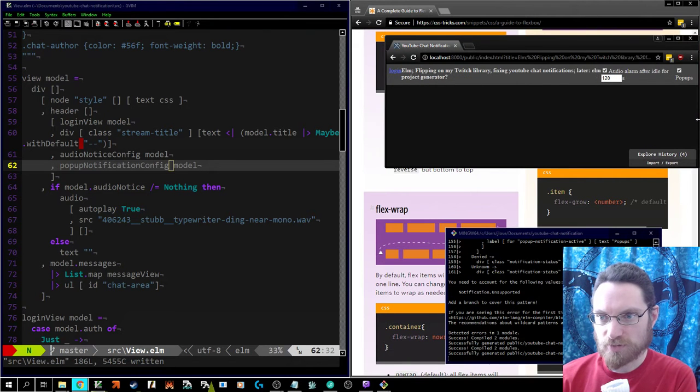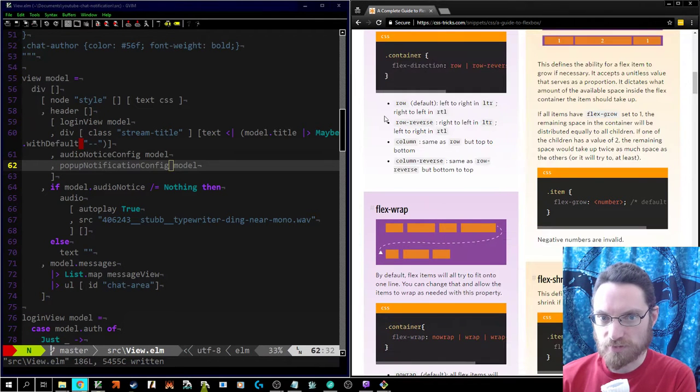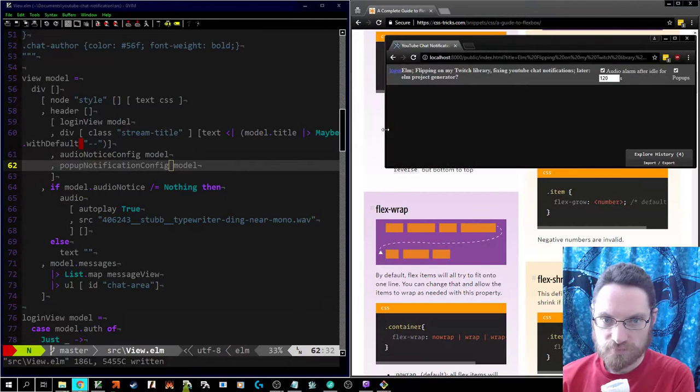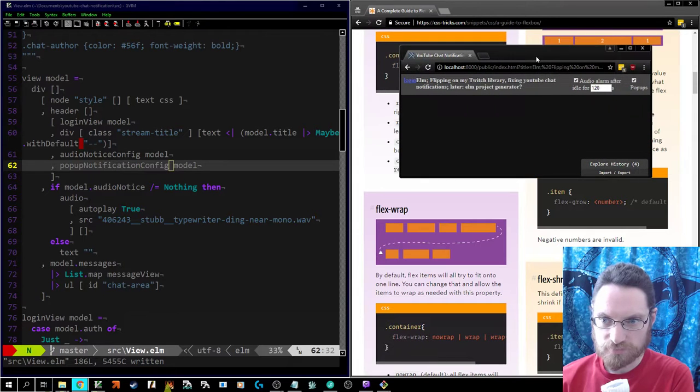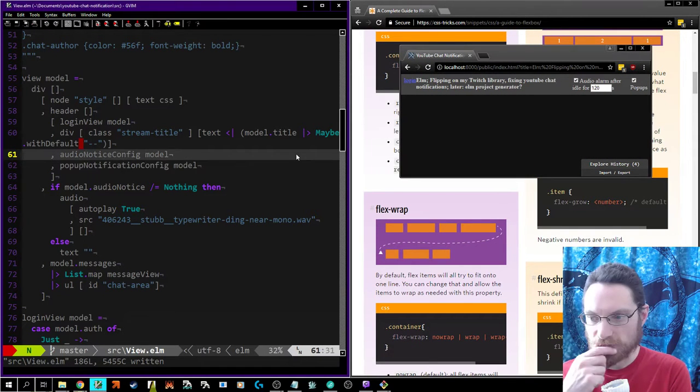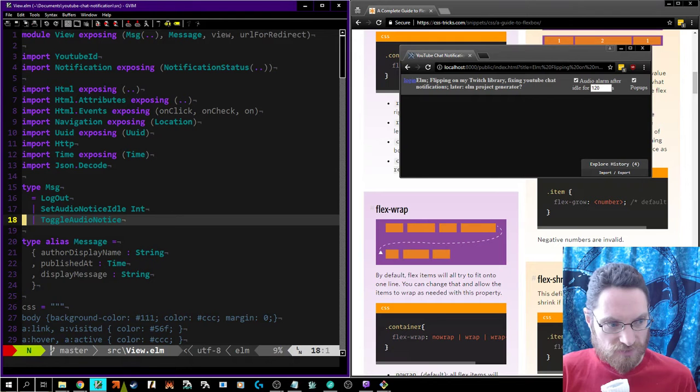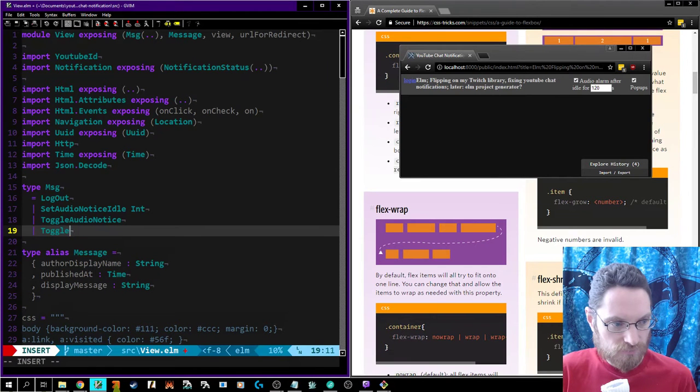Okay, and I've got this small enough that it's wrapping a lot. Well, I've got a long title today. So it's just going to be wrapping a lot. Alright, that's the visual side of it. So we need an event. Toggle, pop-up, notification,